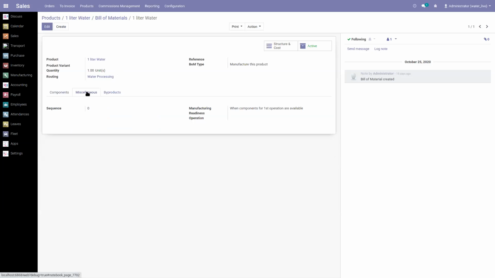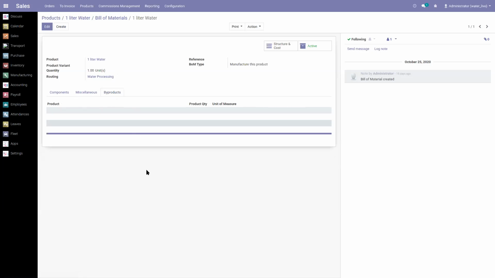In the bill of materials, what we did not mention in the previous videos is the byproduct. Here we can set, if we are producing 1 liter of water, what are the byproducts that come from it? It might be pieces of the remaining labels. It might be some part of the preform, or any byproducts or scrap material that will be produced can be